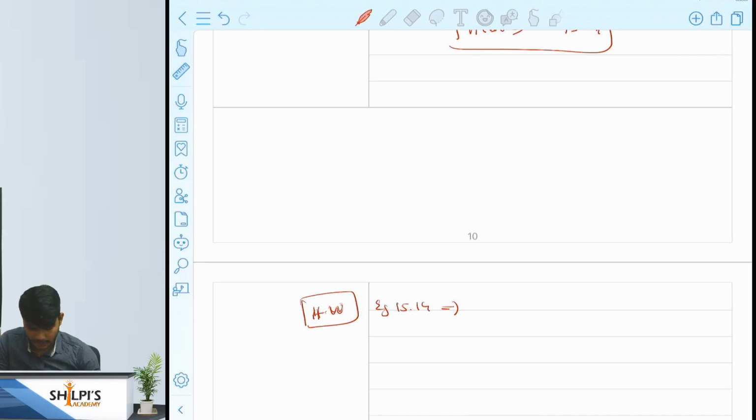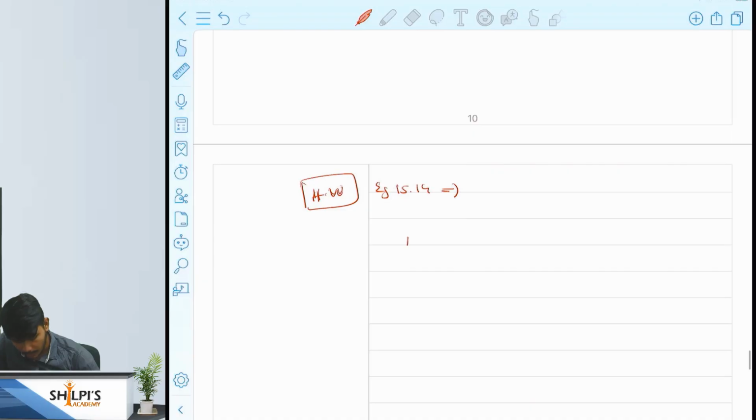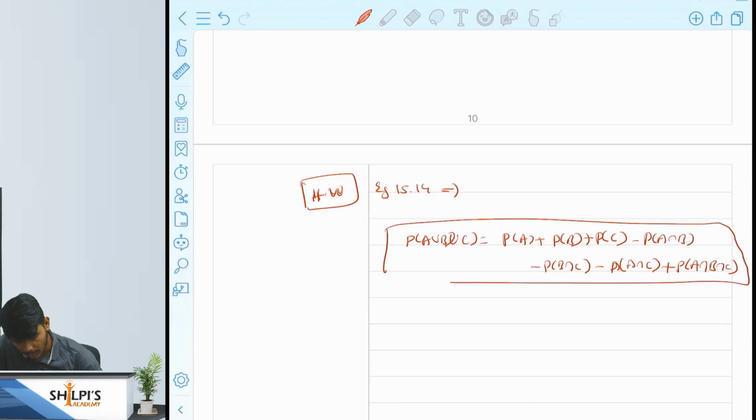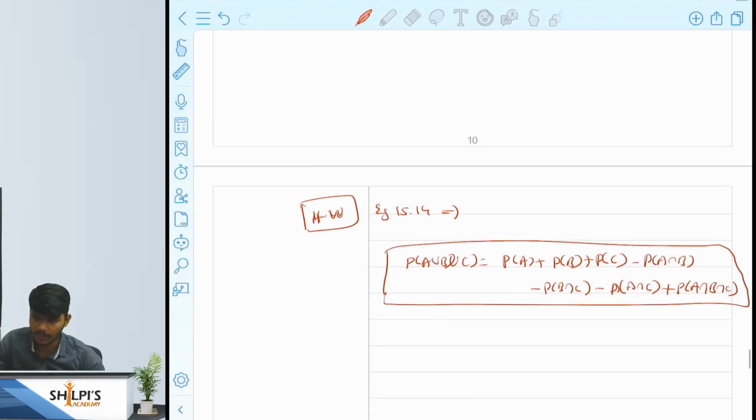So for this question we will have another formula: P of A union B union C is equal to P of A plus P of B plus P of C minus P of A intersection B minus P of B intersection C minus P of A intersection C plus P of A intersection B intersection C. So this is the formula. Using this formula and with the help of 15.12,